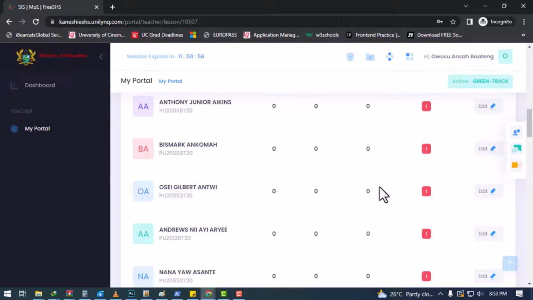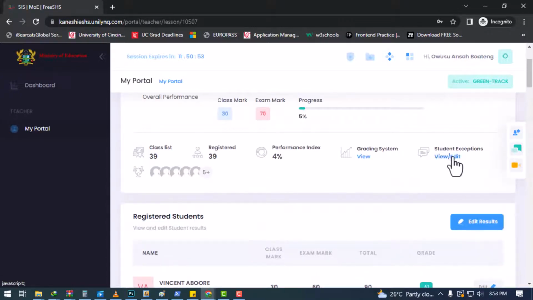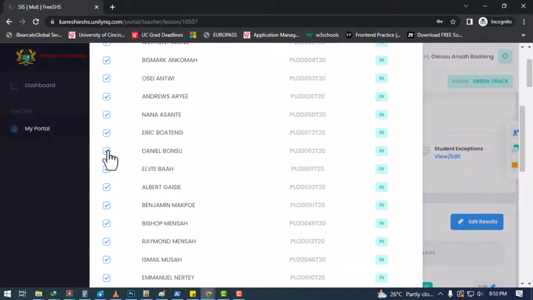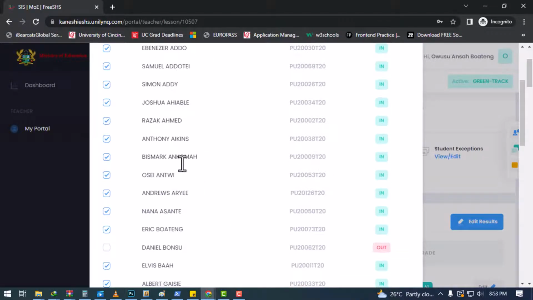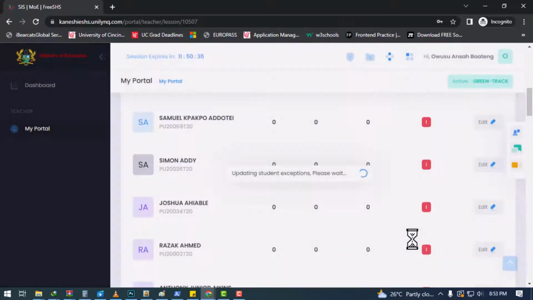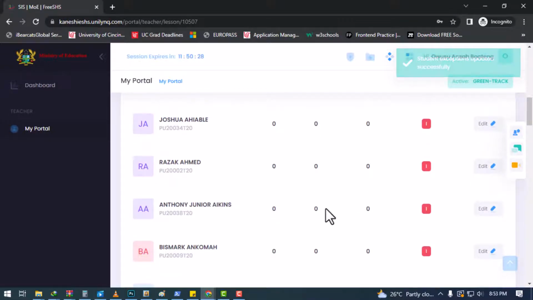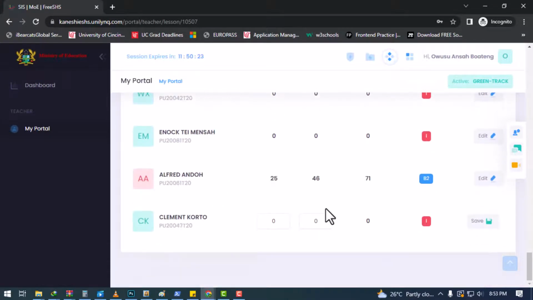Just as we've been doing, in order not to have incompletes, we would want you to come to view or edit to manage lesson sections. Take that student, identify the student, check this, and then the student is out. When you're done, you click on save, and those changes are saved to your dashboard alone. So you wouldn't have students here with no marks but still appearing on your page. Now we would urge you all to take note of that, so you wouldn't have any issues with incomplete